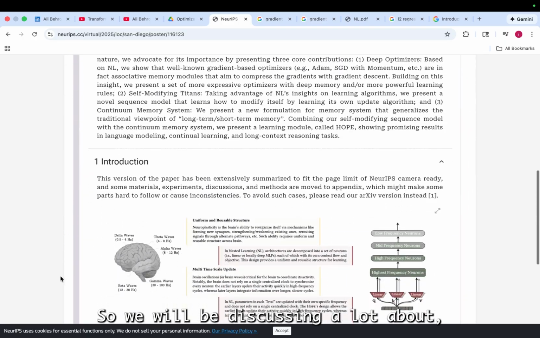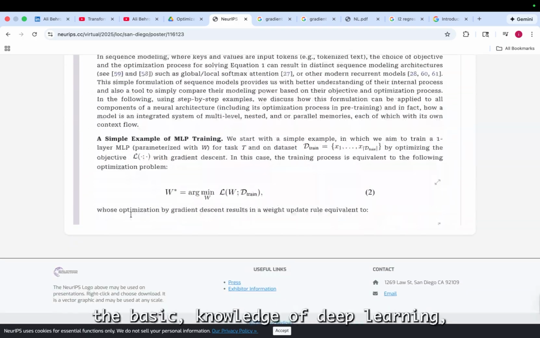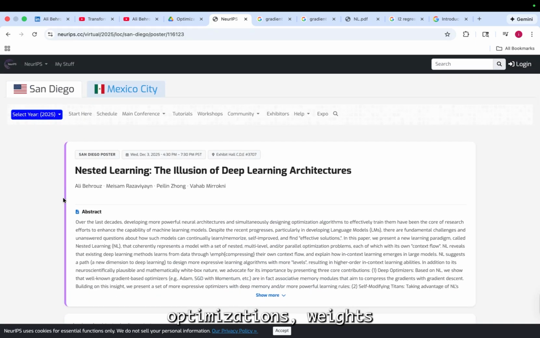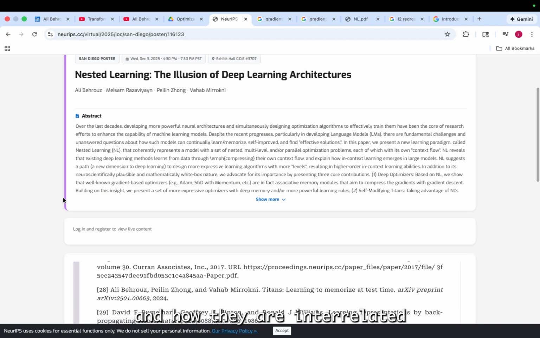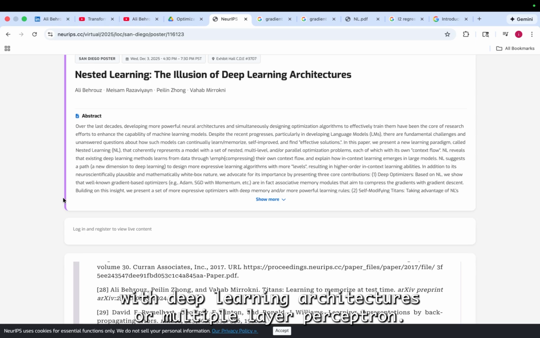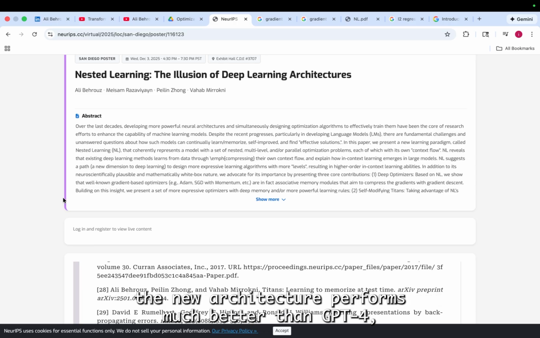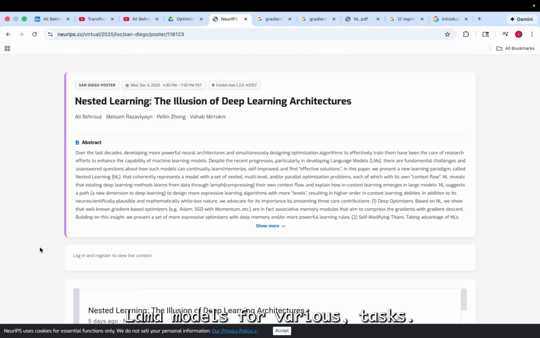So we will be discussing a lot about the basic knowledge of deep learning optimizations, weights, and how they are interrelating the optimization problem with deep learning architectures or multiple layer perceptrons, and then overall how they are conveying that the new architecture performs much better than GPT-4 or Llama models for various